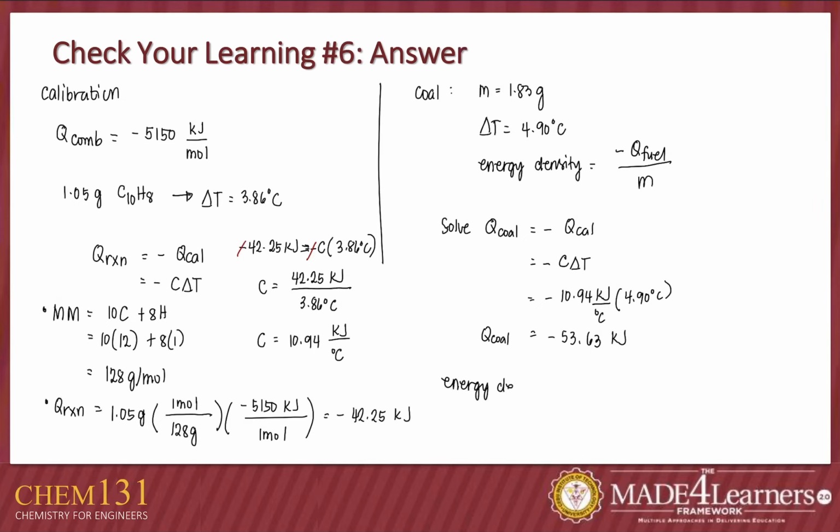And now solving for the energy density. Energy density equals negative of negative 53.63 kilojoules divided by the mass of the coal, which is 1.83 grams, and we will be able to get a final answer of 29.31 kilojoules per gram of the coal. That's the energy density. So that's it for calorimetry, and remember,